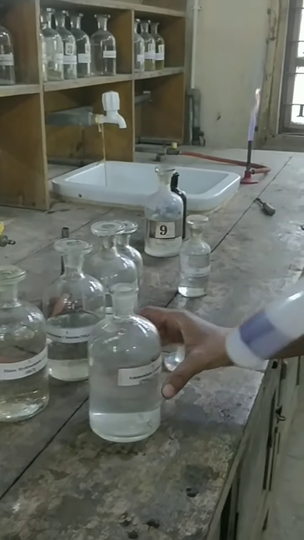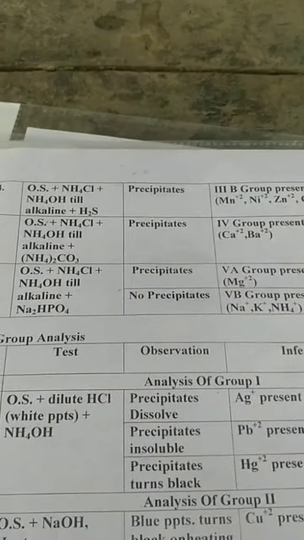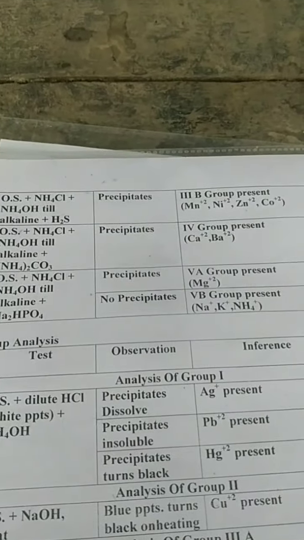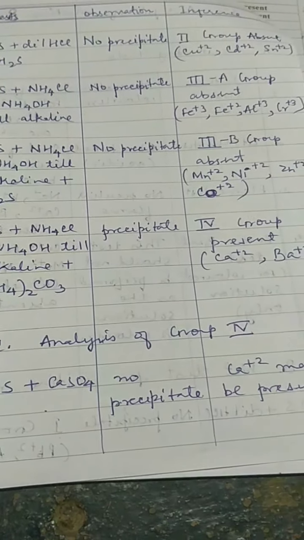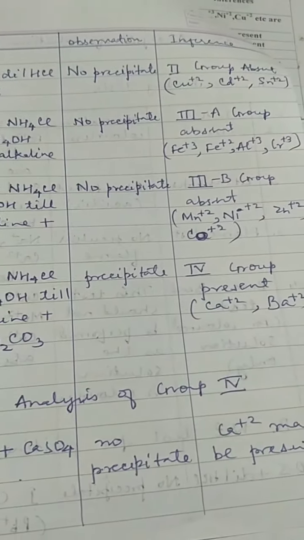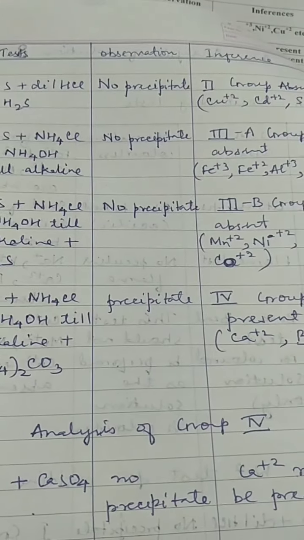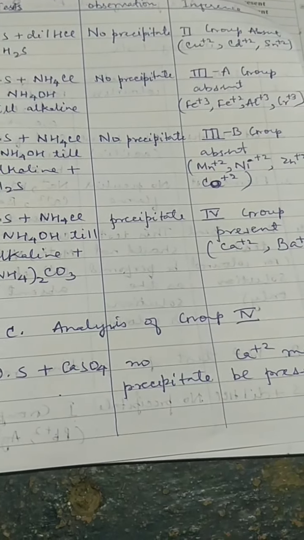You can see white precipitates. So in the observation you will write white precipitates, 4th group present. The C part, that is analysis of group. As we have found in the wet test for the positive radical that group 4 is present, so we will